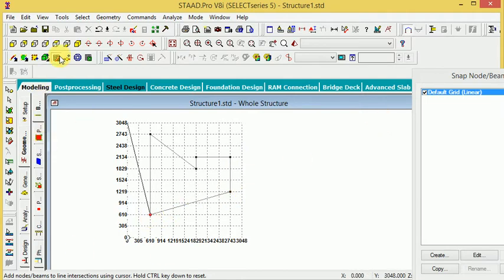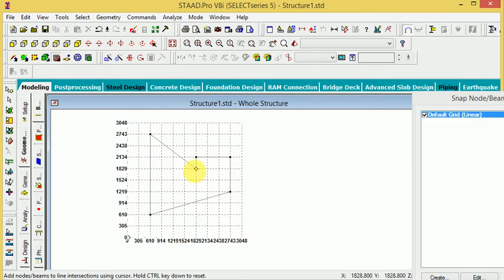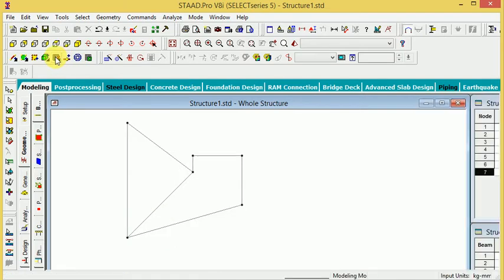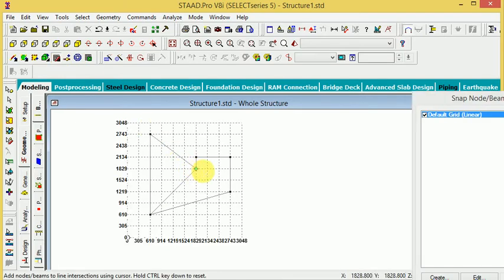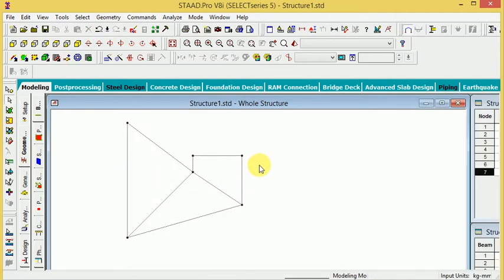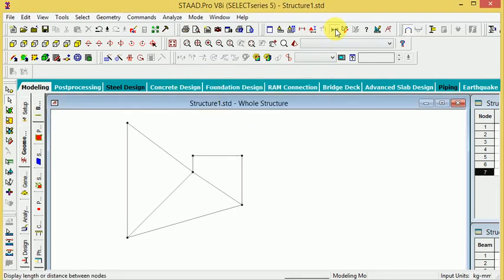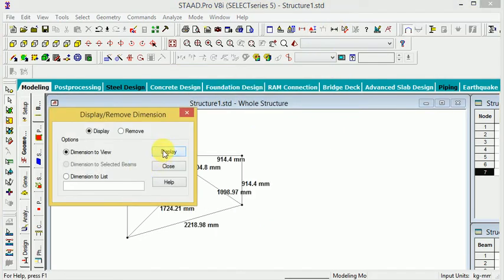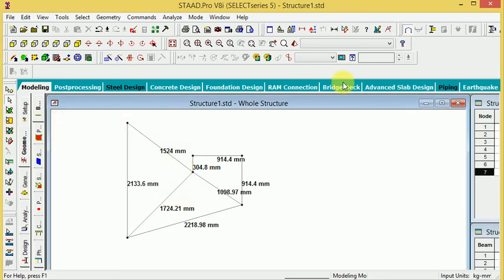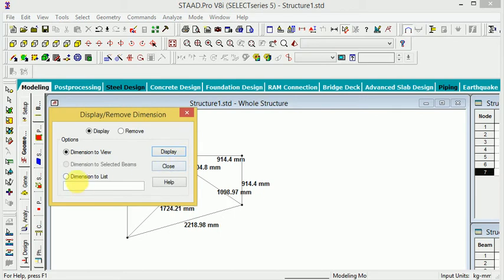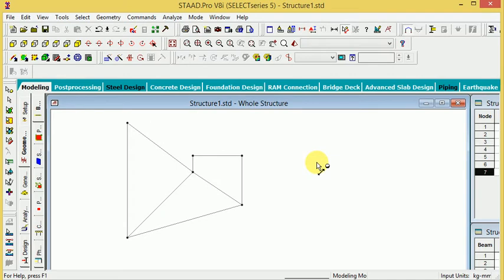This is called, I will make this one component, one trusses member in joint here, and the same thing again joint from here. So it is completed right now. If you want to check the dimension, here the dimension, display and undisplay, display is closed, and if you remove, so we remove and okay.